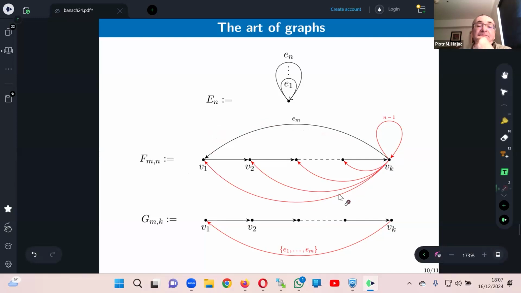And how do I collapse? Well, I need to be able to recover N loops,